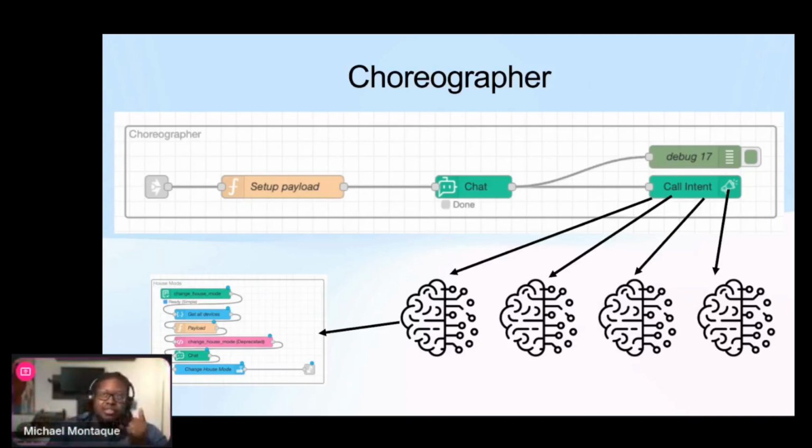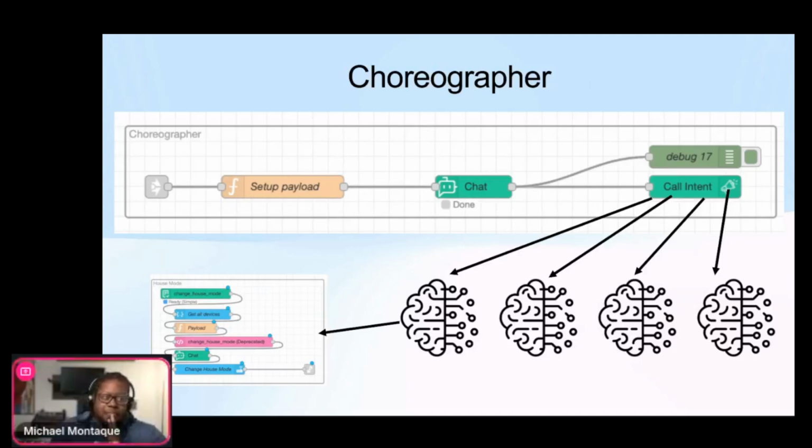What makes this a little bit more robust is that, as I mentioned with the reading phase, you are able to pass in contextual information. So the name of the person who's calling, maybe the location, all of this helps this chat node or this LLM node to determine what automation is best to call.